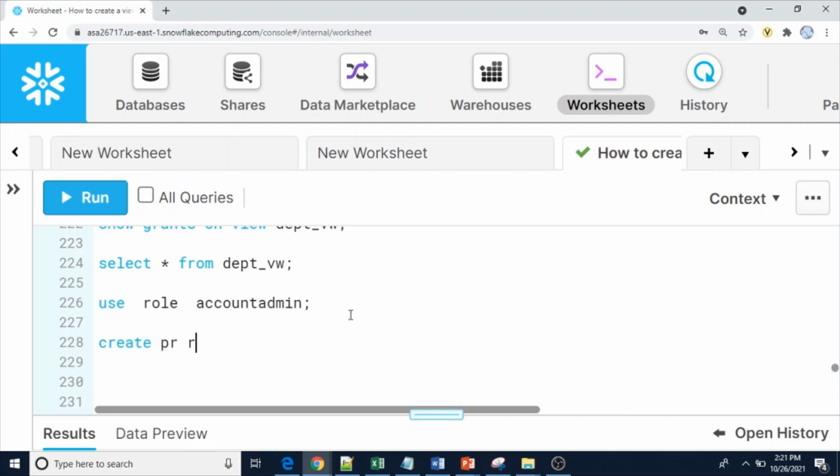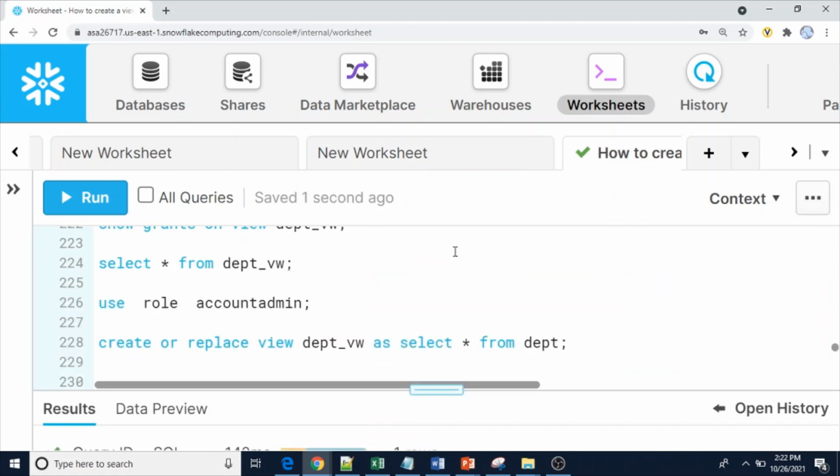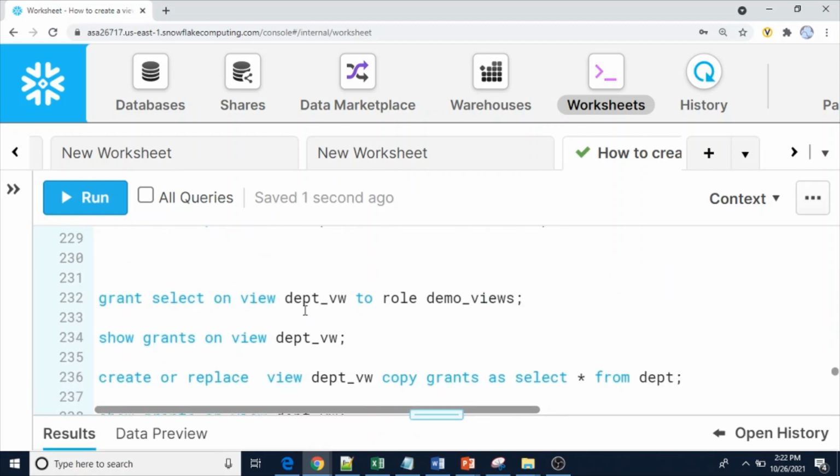Create or replace view dbt_view as select star from dbt. So let me create. Okay. So now if you see show grants, what is going to happen?